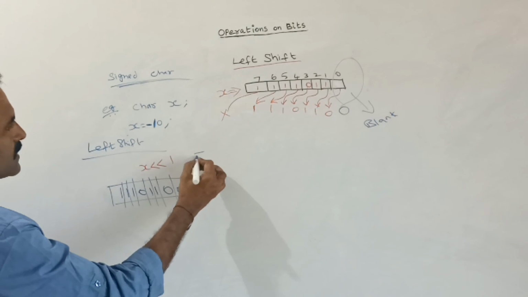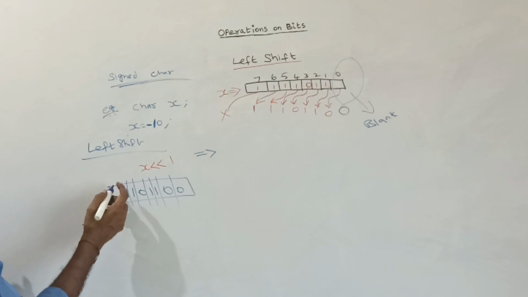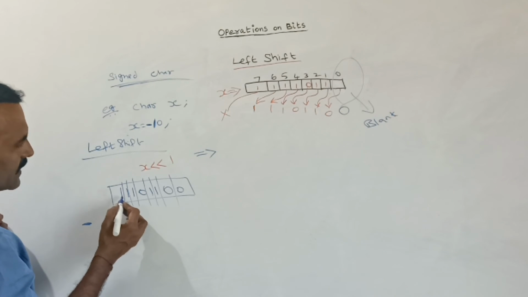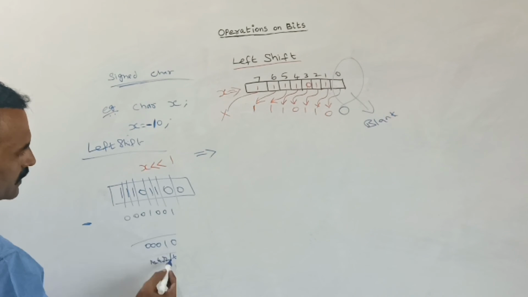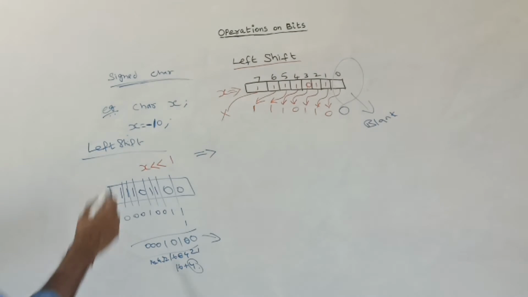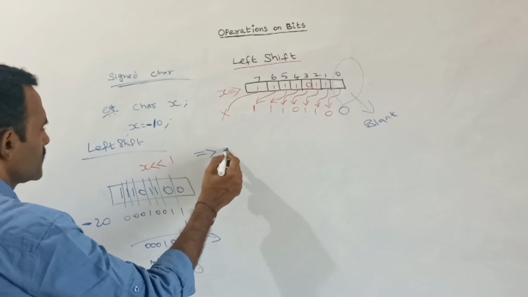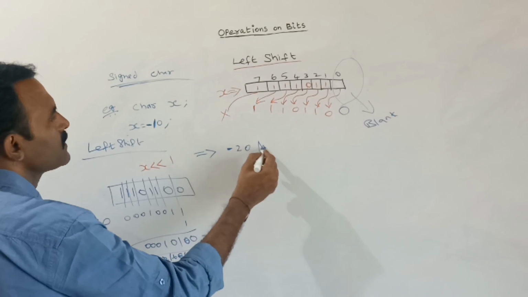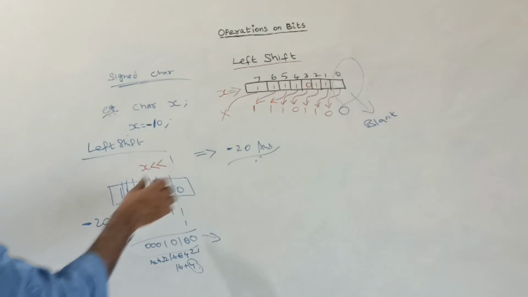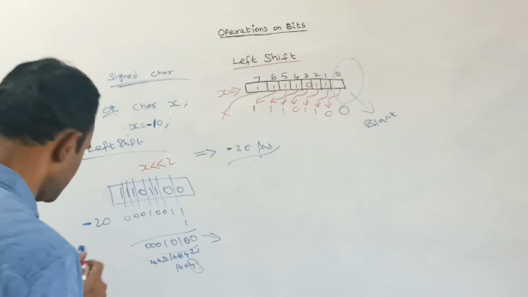So what is the answer? Here this is 1, so it is minus. Next, take the 2's complement of this value, then we will get the result. If you take the 2's complement value, then 16 plus 4, that is 20, minus 20. So if you are left shifting minus 10 by 1, then the result is minus 20. This is the answer. Suppose you are left shifting by 2, then here